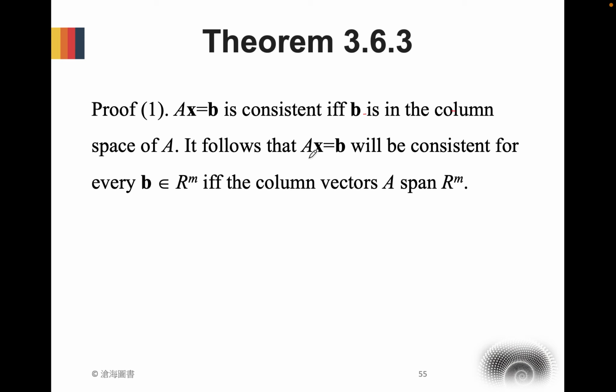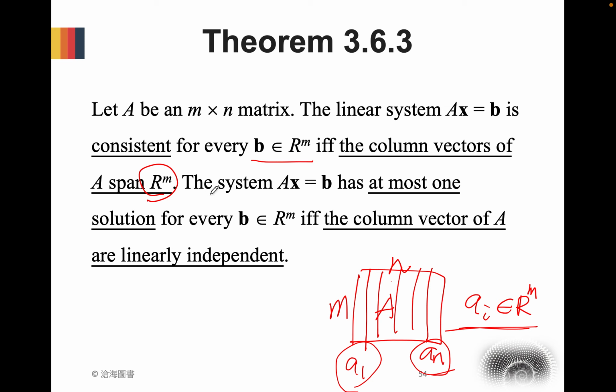It follows that Ax equals b will be consistent for every b if and only if the column vectors of A span Rm. 好，如果 A 的 column vector 能够展开整个 Rm 这个空间，那 b 这个向量当然是在 Rm 这个空间里面的，那就代表 b 这个向量可以被表达成 A 的 column vector 的线性组合，那当然这个就会有解。这个就是第一个证明。